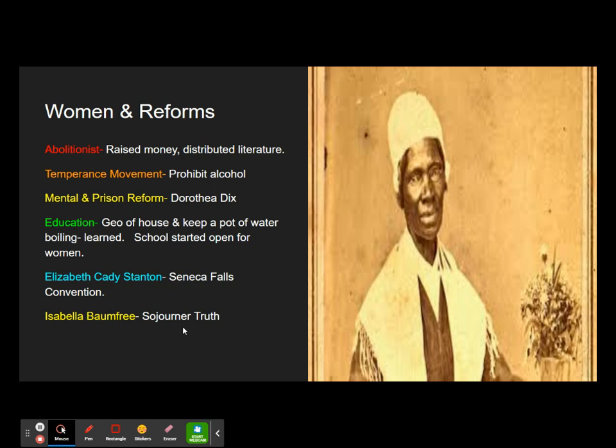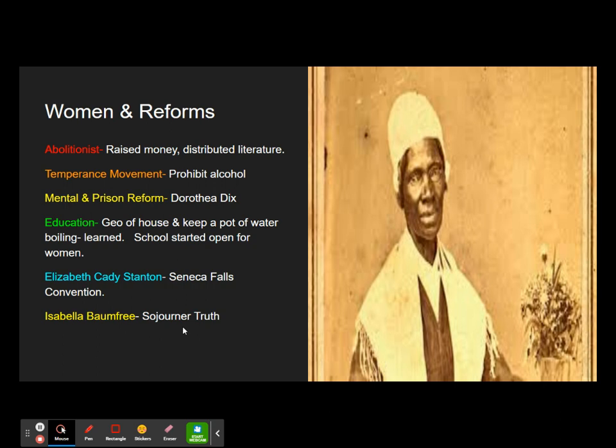Pamphlets. You had the temperance movement, which was there to try to prohibit the sale of alcohol because it was like the devil's Kool-Aid to people back in the day, I guess. It kind of is still today. You had Dorothea Dix, who's trying to make prison reform. She visited a Massachusetts house of correction and found that people that had mental illness were in these prison hospitals with hardcore criminals, and these people couldn't help the way they acted, so they chained them naked to the wall and tried to beat them into obedience. Well, she's going to get that worked on.